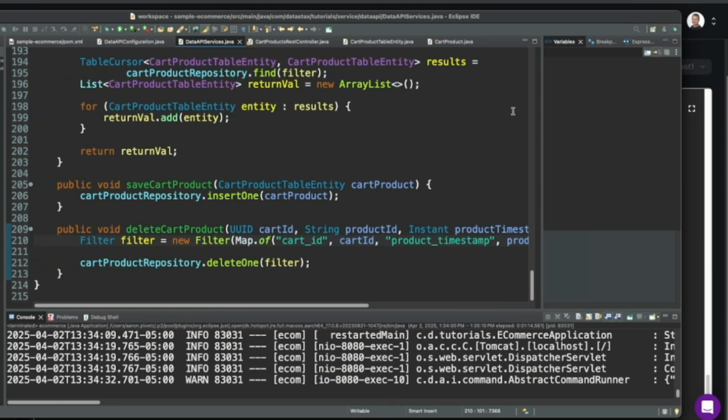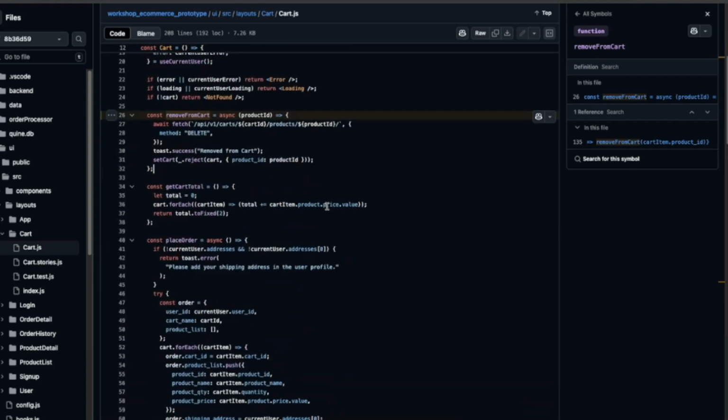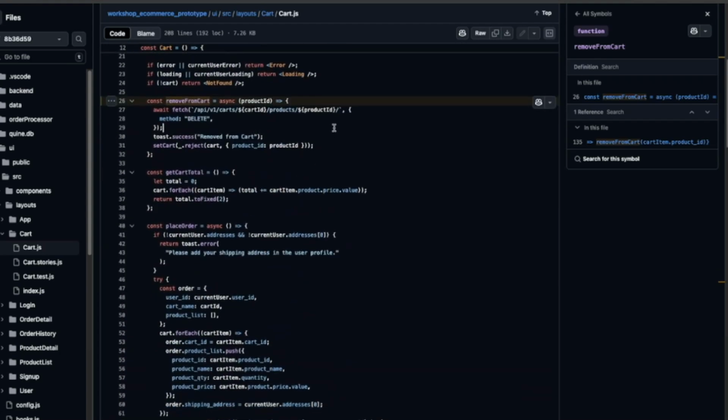All right, I've also noticed that for whatever reason, our constant removeFromCart is not getting called here. I'm going to have to figure out what's going on there. This is on the React.js side inside of our cart JavaScript, because this is the right RESTful endpoint. That's the right method, but for whatever reason, that is just not getting called. So what we're going to do instead is to call this with curl from the command line.